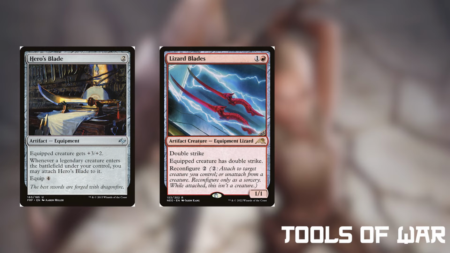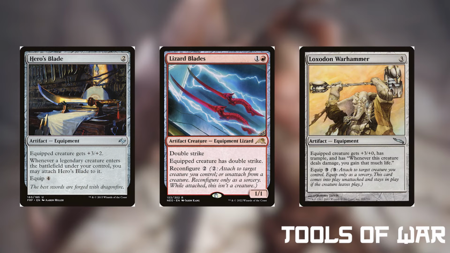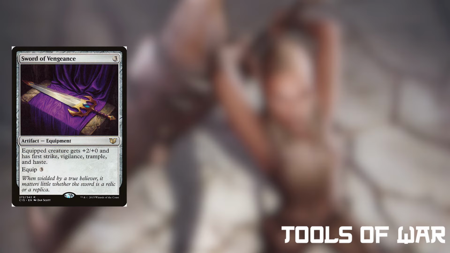Simple yet effective. Then we have Loxodon Warhammer. It's an equipment for 3 mana that gives our commander +3/0 and lifelink. We already have trample, so we can't utilize that, but the lifelink should grant us tremendous amounts of life gain. Sword of Vengeance is an equipment for 3 that gives us first strike, vigilance, trample, and haste. Now we already have trample and first strike, but the vigilance and haste are still beneficial enough to make this